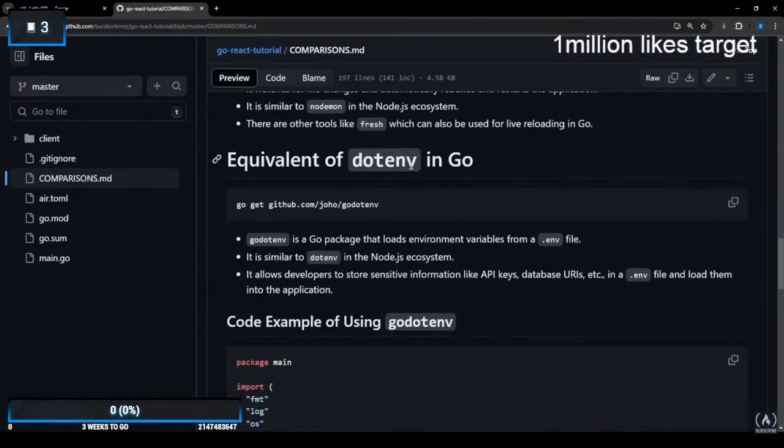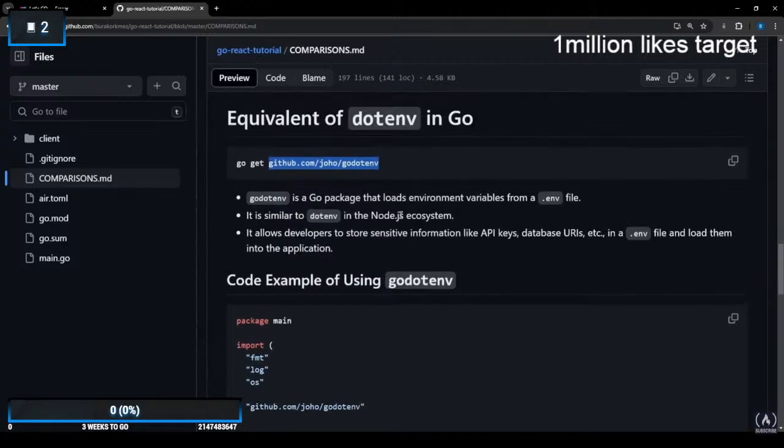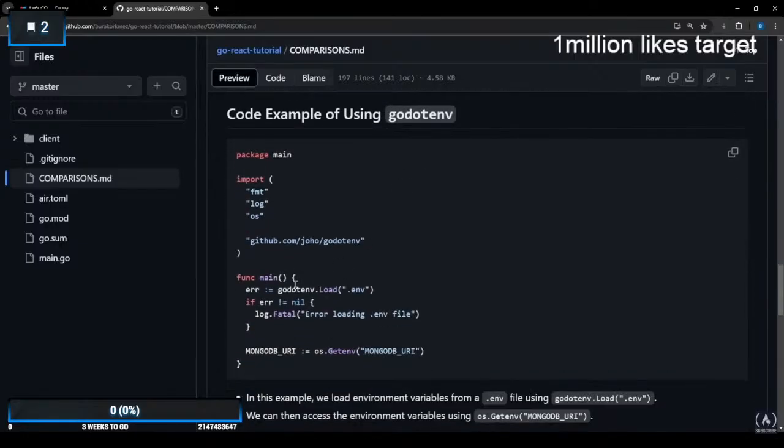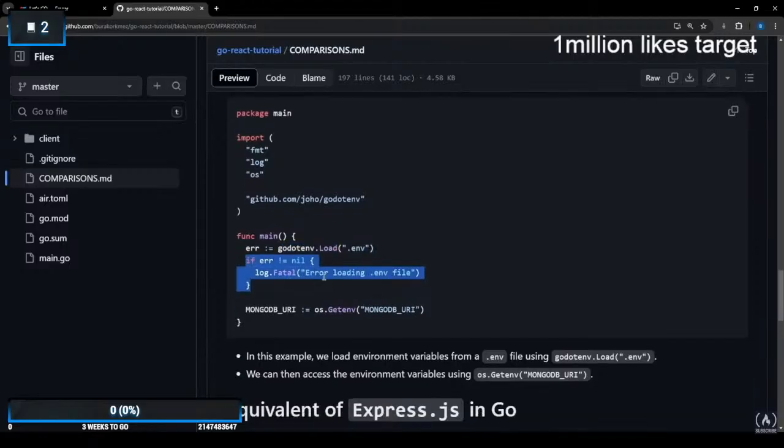And to be able to store your environment variables, you would install the dotenv package in Node, and in Go it is going to be go get and then the module name, so github.com/joho/godotenv. And again, this is going to allow us to store sensitive information like API keys, database URIs, and any kind of secret. Here is an example of that where we just say godotenv.Load the env file, and if there are any errors, just log it to the console, or in the terminal. But if we pass that, now we could just get any environment variable that we have, and assign it to a variable.